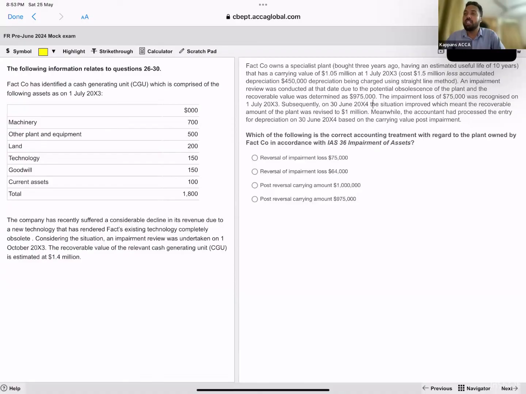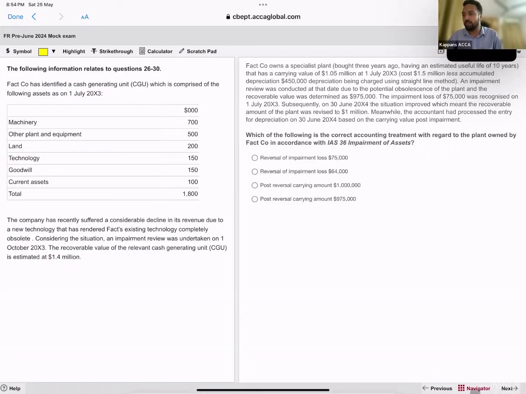Subsequently, on 30 June X4, the situation improved, which meant the recoverable amount of plant was revised to 1 million. Meanwhile, the accountant has processed the entry for depreciation on 30 June X4. So there is a reversal of impairment loss. Reversal of impairment loss should be recognized as income in SOPL. But the reversal should not go more than the carrying amount if no impairment loss. So which of the following is correct accounting treatment with regard to plant owned by Fact company in accordance with